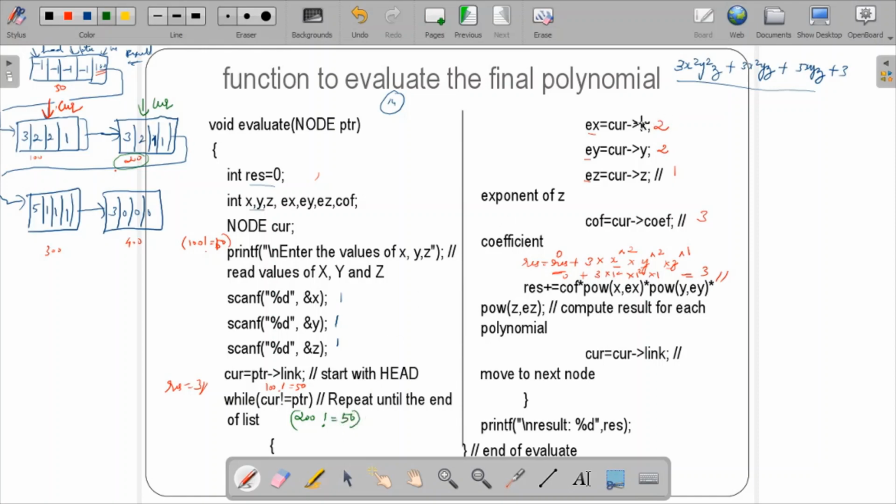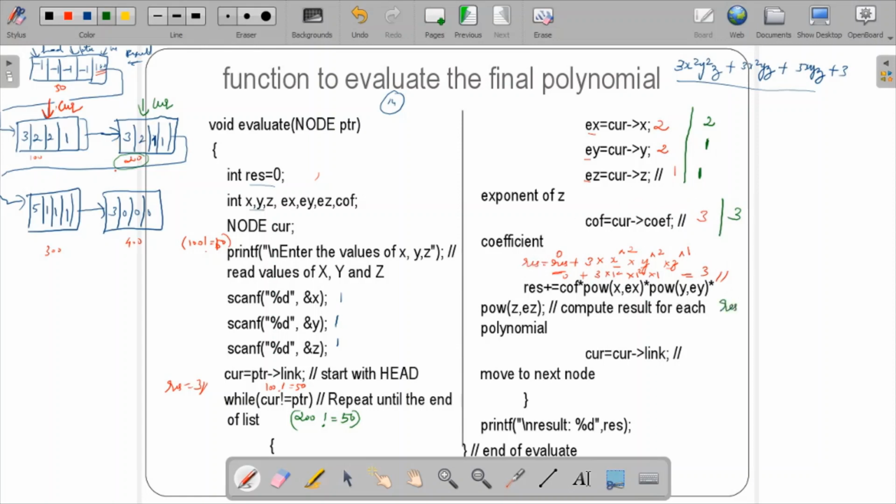If it is true, copy the current exponents, all the values. So in the second iteration, the current exponent of x is 2, y is 1 and z is 1, and the coefficient of this current node is now 3. Okay, so we got those values. So again, the result should be performed.